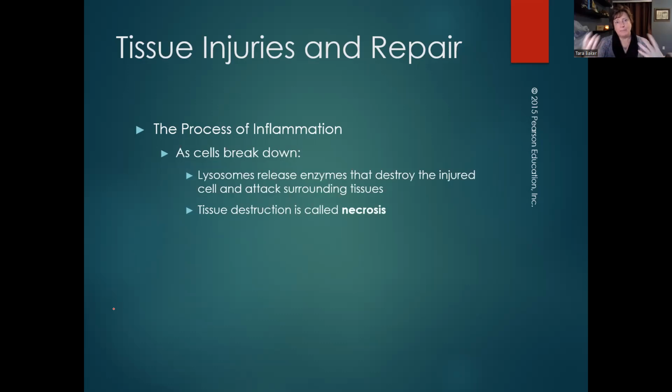As the cell explodes and then begins to break down, lysosomes are released. Now, I don't know if you remember what a lysosome is. You should have learned it in cell biology, but a lysosome is a large vesicle full of hydrochloric acid. It's the stomach of the cell. And your cell uses the lysosome to break things down and recycle things. So whenever the cell is done with a protein, that protein will end up in a lysosome. Whenever the cell is done with a carbohydrate, it ends up in the lysosome. The lysosome is a stomach full of acid.